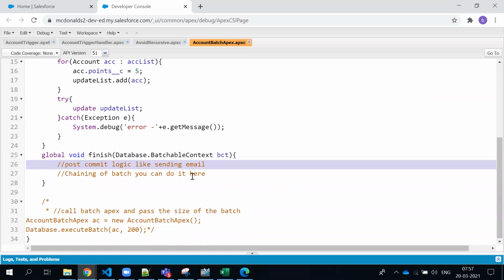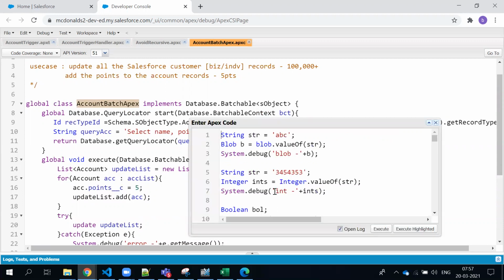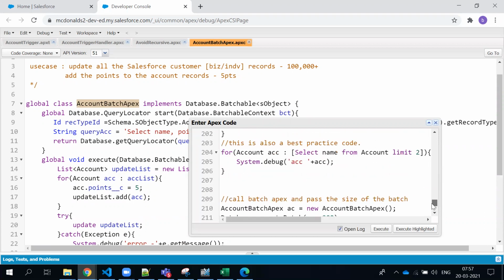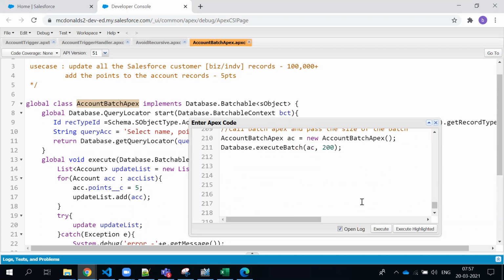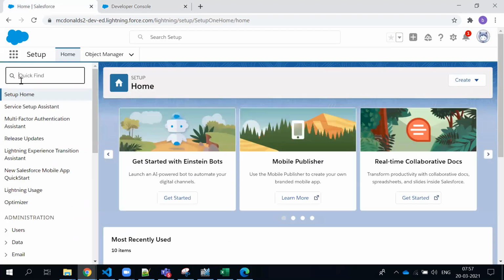Okay. So what today I'm going to do is schedule this batch Apex we have. This is something I'm running manually here from the developer console. But this is not the case every time that we would run from the developer console. So what should we have in order to have a scheduled Apex? We can schedule Apex in multiple ways. So let me open our